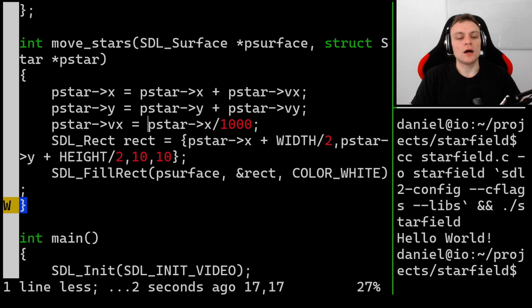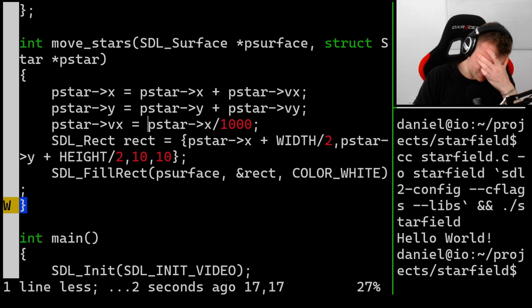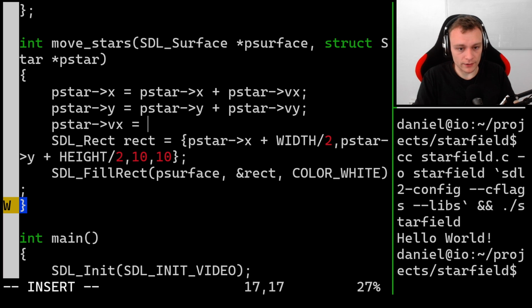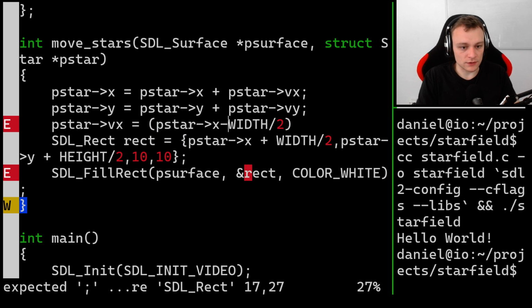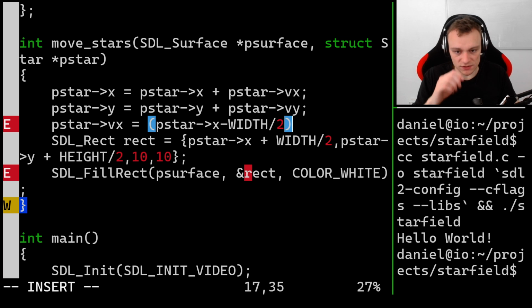What could we do? How does the star move in the x direction? The closer it is to the edge of the screen, the faster it should go, obviously. But how do we realize that? How do we make this happen realistically? We have to determine the position offset by width divided by 2. So this is now the x distance from center, and depending on the distance from center,